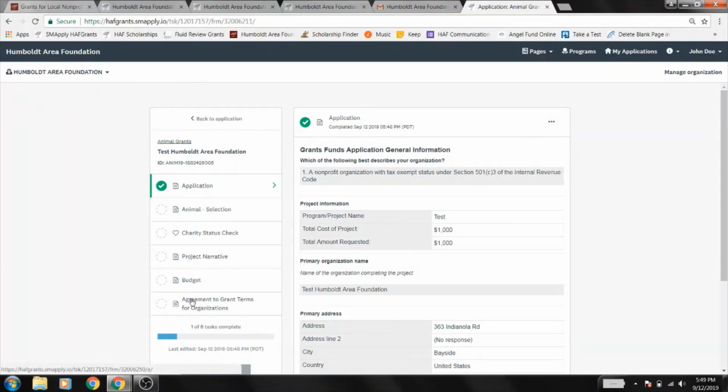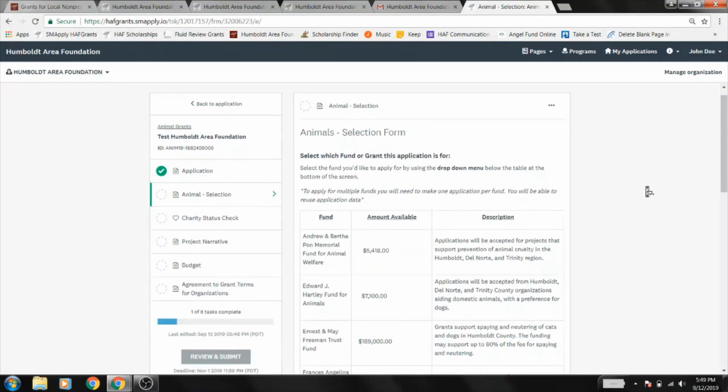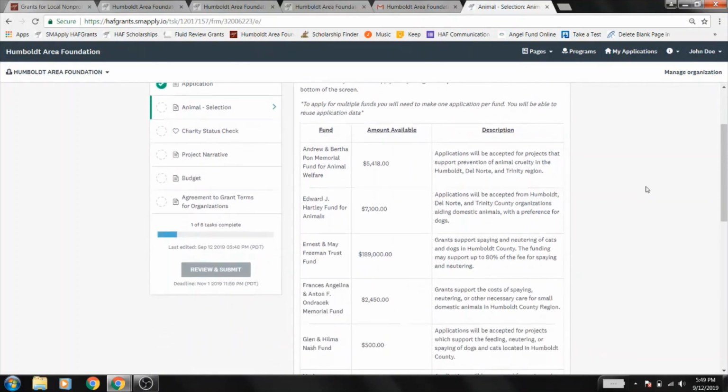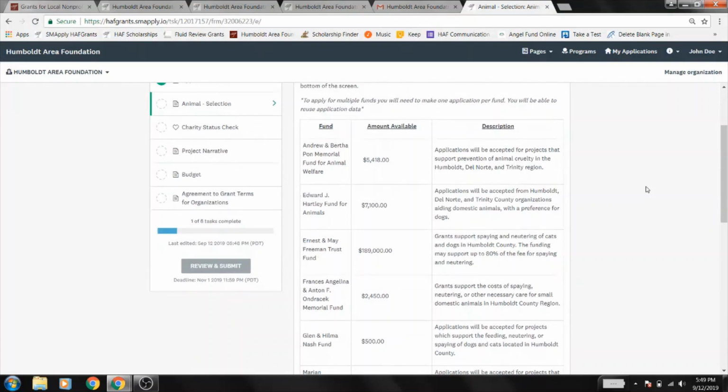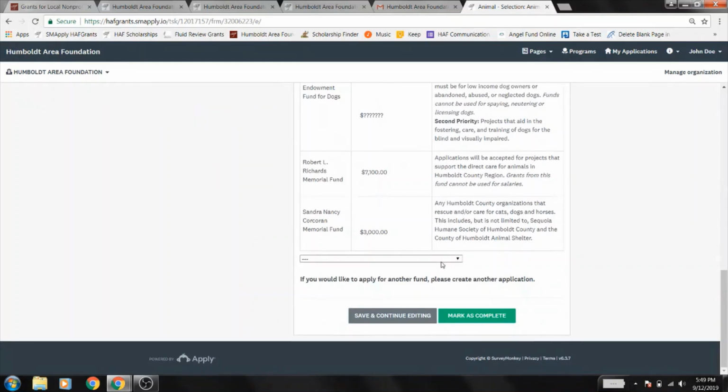So over on the left-hand side here, you'll see the tasks that I still have left to complete. The next task I'm going to show you is the selection task. Most of our programs have this task, but just with different content. So you'll see here a table of all the different funds available within the animal program. It'll have the title of the fund, the amount available this year, and a short description. You can read all about these, and then at the bottom, you'll be able to click a drop-down menu and